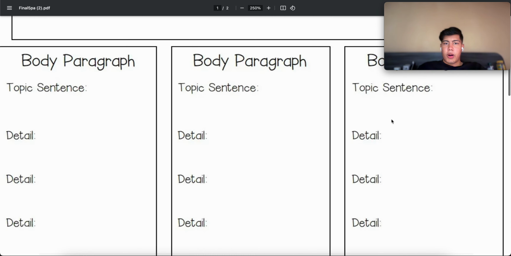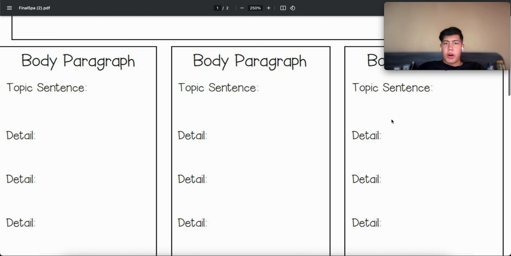So your hook is the thing that engages your reader. It's the thing that gets your reader interested in the topic. So for here, the hook was, do you have a favorite season? It's a question. We use a question as the hook here. Do you have a favorite season? So then the reader thinks, what's their favorite season? And then you state yours. For me, spring is the best season of all.